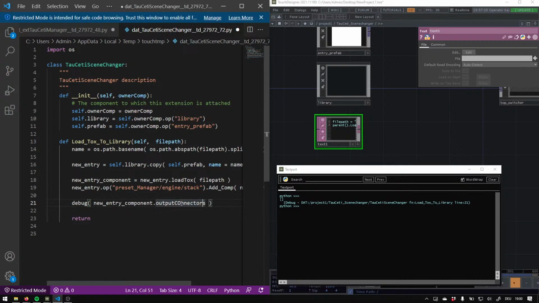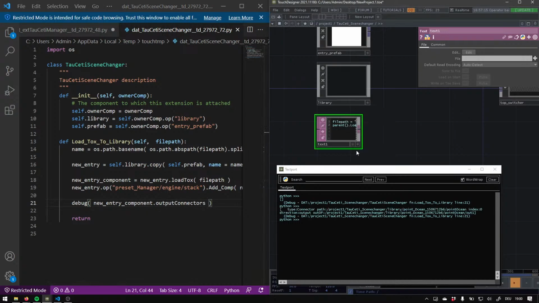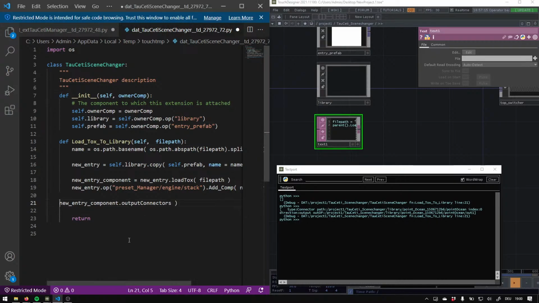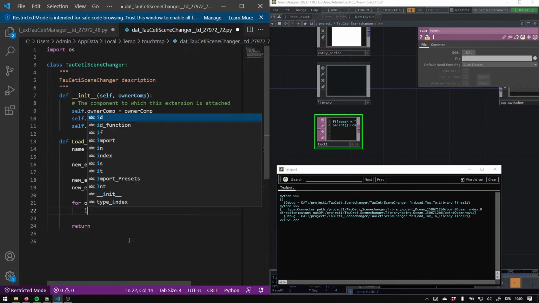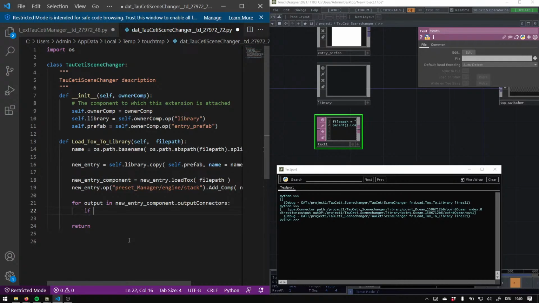So basically I have to look for the output connectors. Yes, that's the correct one. And now we can say for output in new entry component output connectors, I can ask if the